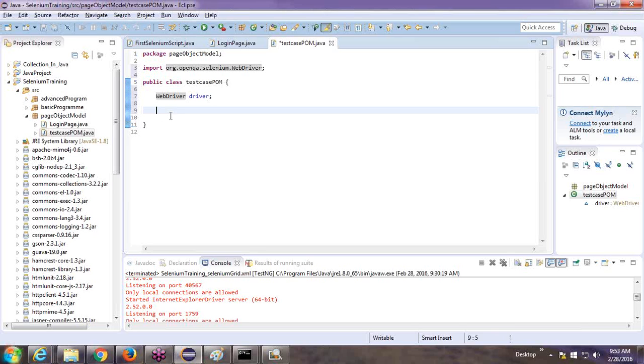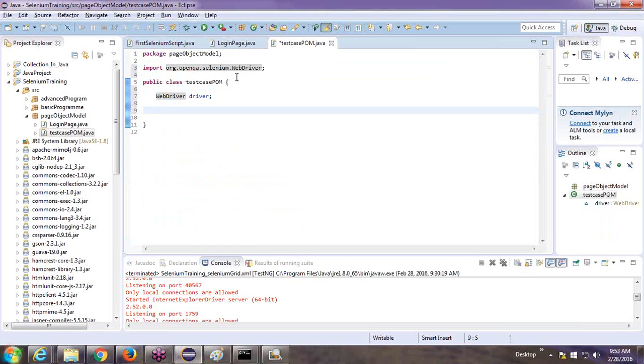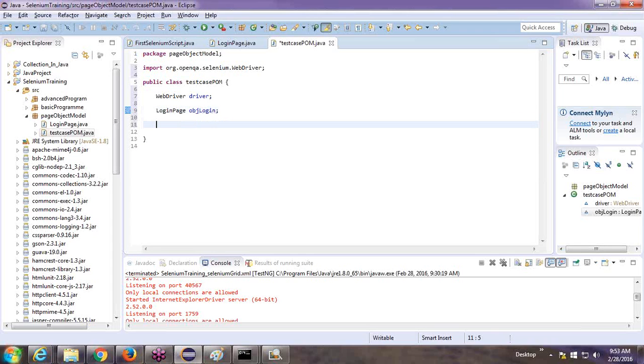What object have we created? This is our main class, this login page. So here we have to create login page as an object. The object is a login. This login page we are calling directly because it is in the same package. And after that we have to set our